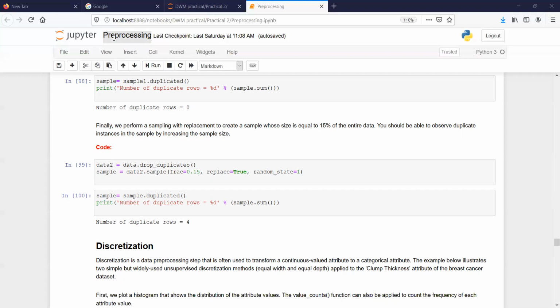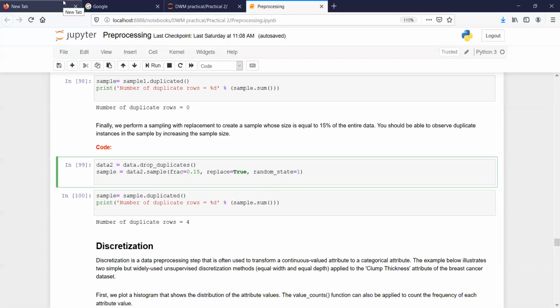Otherwise, if the data itself changes every time, you can't analyze. You can't tell whether this parameter is good, or this method is good. So if you use random state equal to 1, you will get the same set of data, no matter how many times you run it, 10 times or 20 times. This is sampling. In sampling we have two methods, without replacement and with replacement.